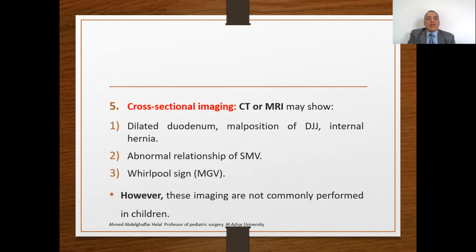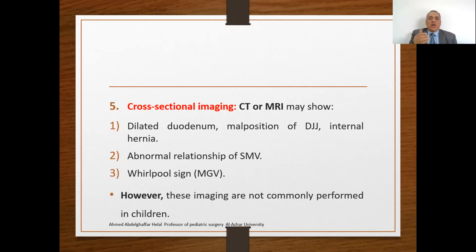Finally, cross-sectional imaging, CT or MRI, may show the dilated duodenum, malposition, internal hernia, abnormal relationship of the superior mesenteric vessels, and whirlpool sign. However, these imaging studies are not commonly performed in children. So the general rule is that intestinal malrotation is diagnosed on a clinical ground, and the pediatric surgeon must have a high